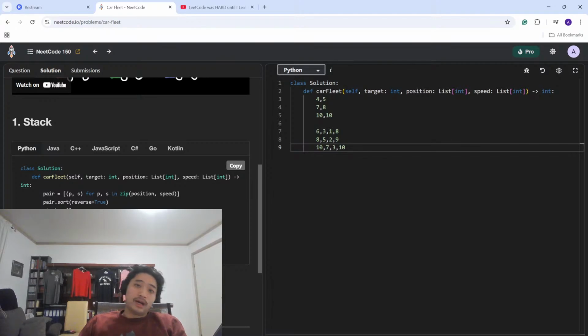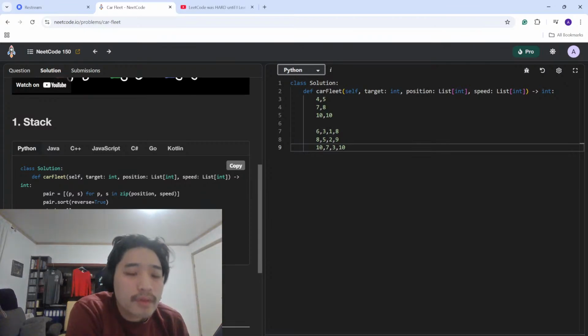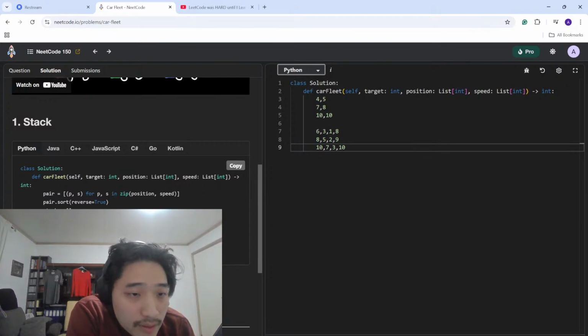So it would be the one with the highest position, right? And for stack append target minus P divided by S. If len of stack is greater than or equal to 2 and stack